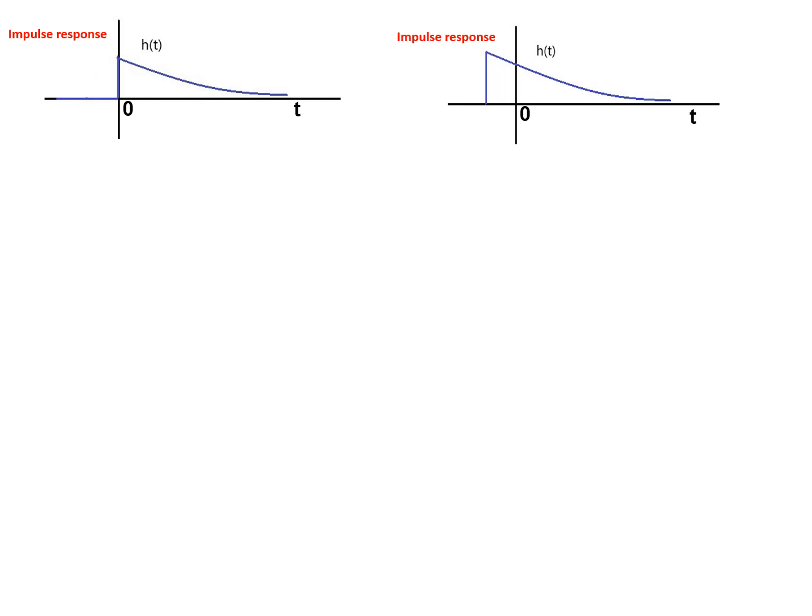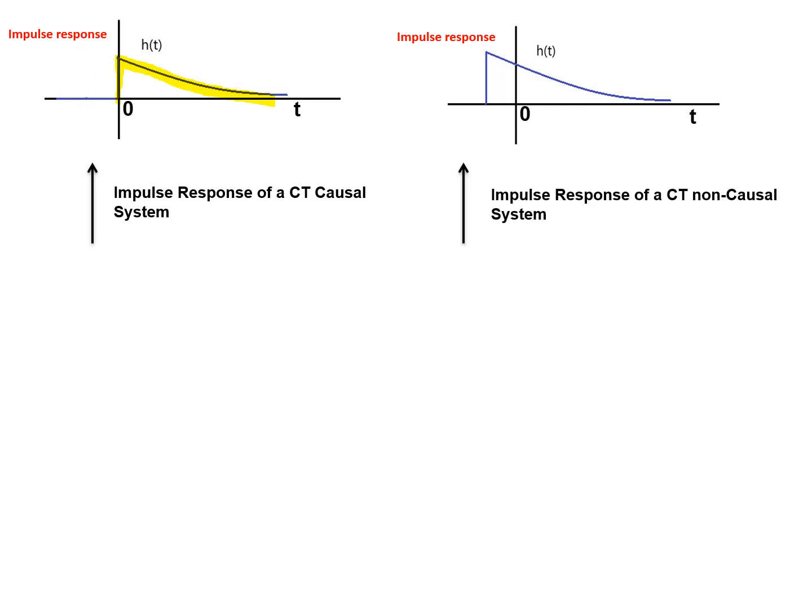Similarly, the same thing I'm showing here. If the impulse response starts at t equal to 0, then after that it appears or disappears, doesn't matter, but it starts at t equal to 0, the system is causal. If the impulse response starts well before 0, like this graph, then this system is a non-causal system. This is a causal system, this is non-causal. Just because of this extra region that started before 0, it becomes anticipatory or non-causal.